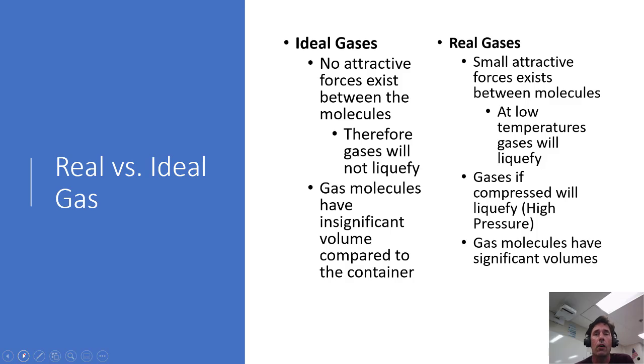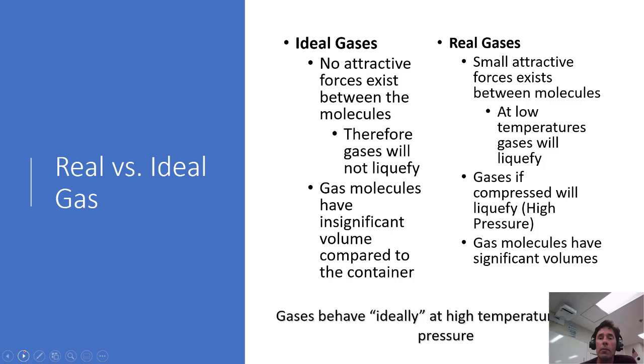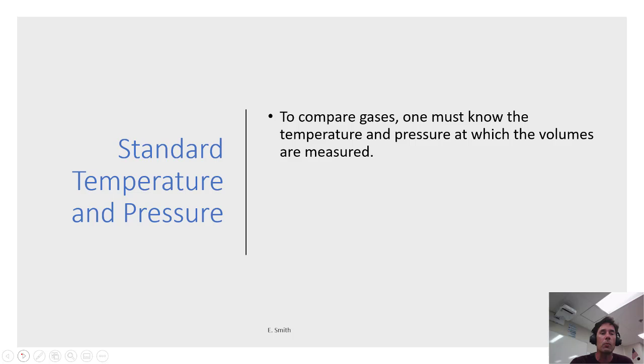Okay? Now, in order for it to be an ideal gas, really the ideal situation would be at high temperatures and low pressures. Okay, that would be the ideal situation to keep a gas and behave ideally, meaning staying always as a gas, never going through a phase change. So what scientists have been wanting to do is to be able to figure out how much gas they actually have in the unit of mole.